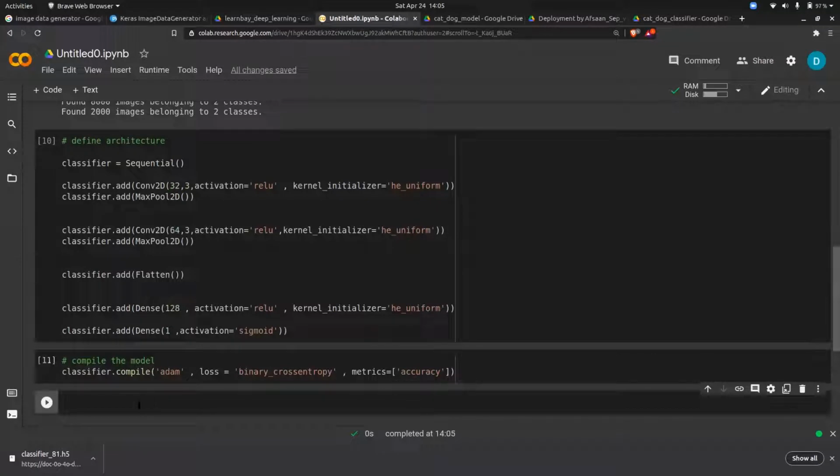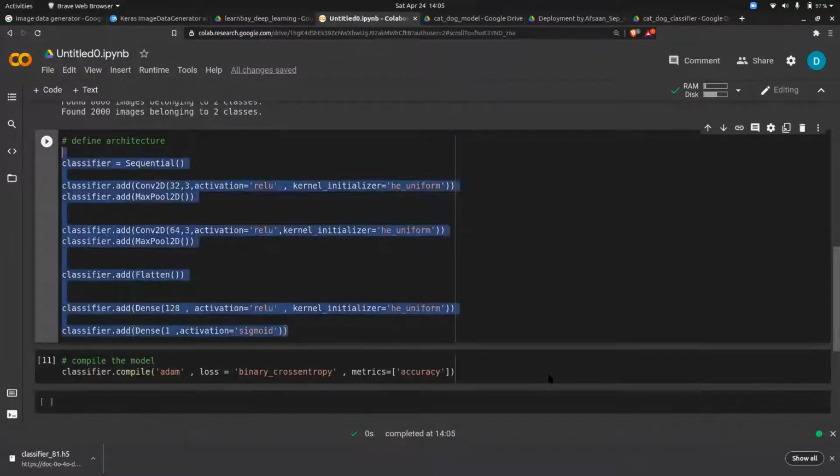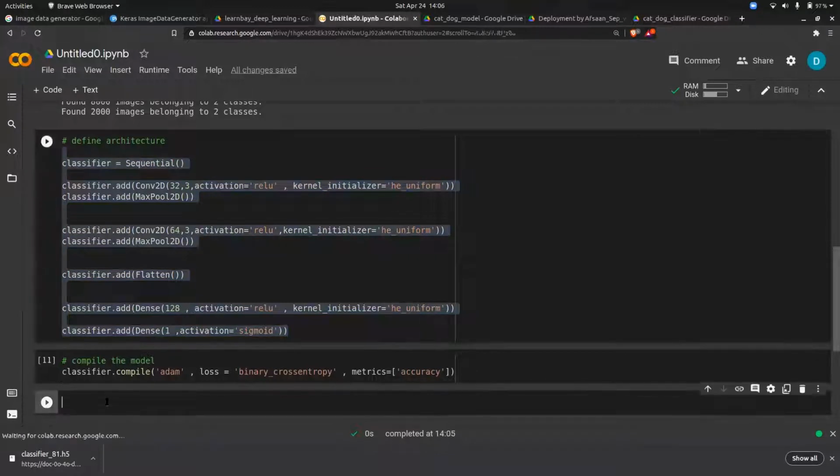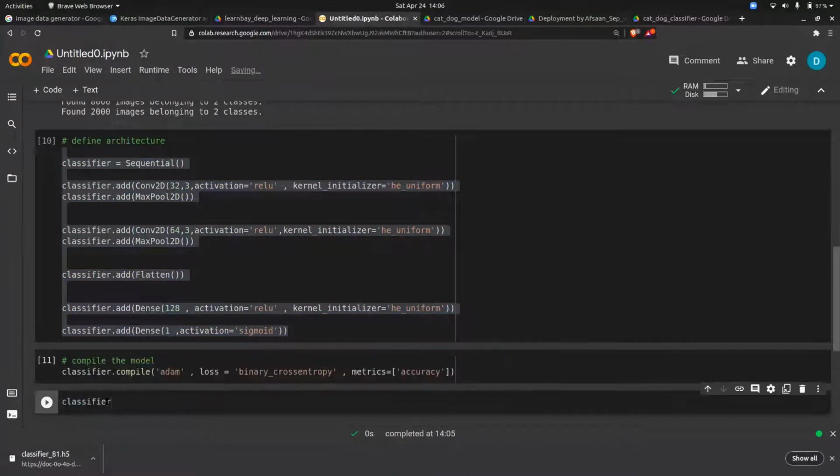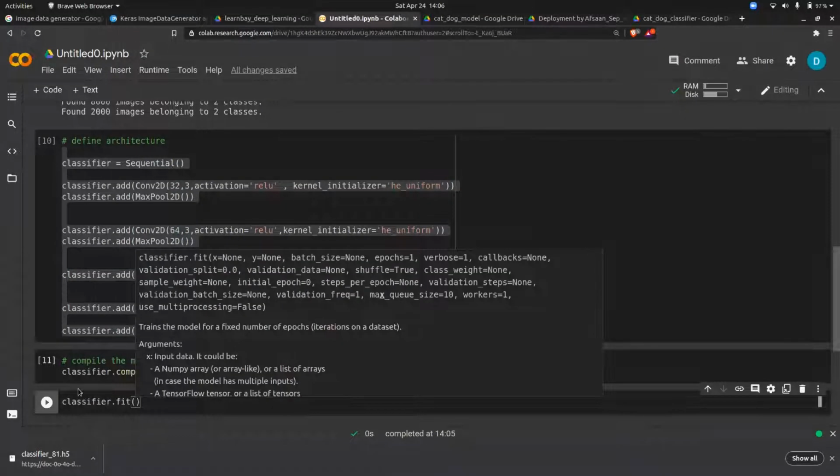And now the last part, what is left? We have defined the architecture. We have compiled the model. Fit. So classifier dot fit. In fit we have to pass x and y, right? But here we don't have x and y.